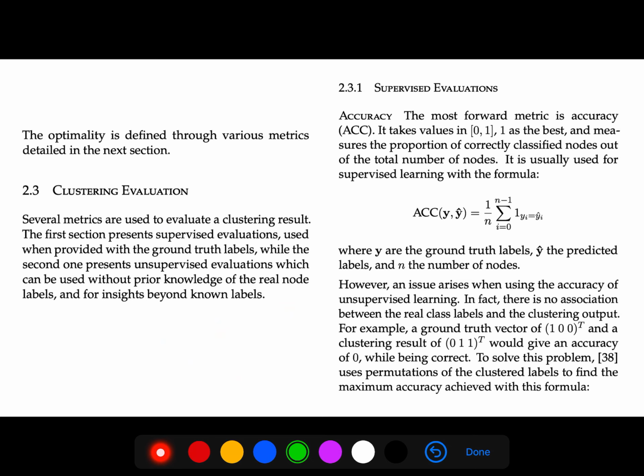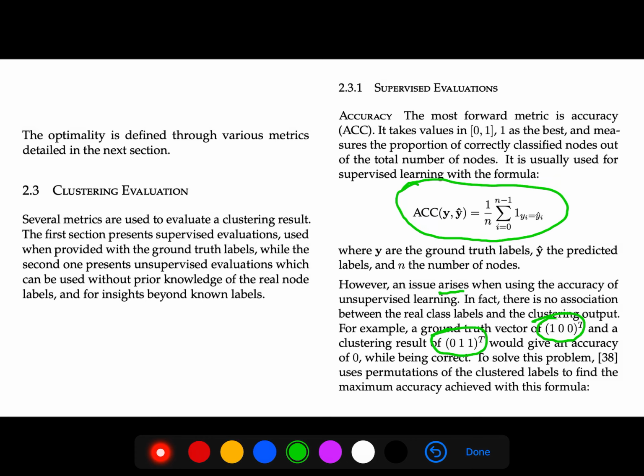The most straightforward metric is accuracy. It takes values in [0, 1] for clustering evaluation, so we use it for supervised learning with this formula. So we have a ground truth label, the predicted labels, and the number of nodes. However, an issue arises when using accuracy for unsupervised learning. In fact, there is no association between real class labels and the clustering output. For example, a ground truth vector and a clustering result would give an accuracy of 0